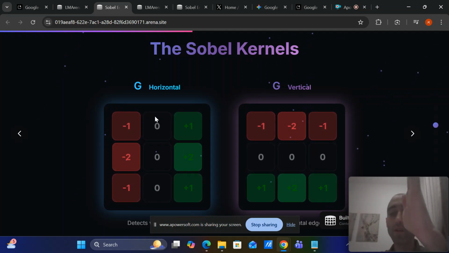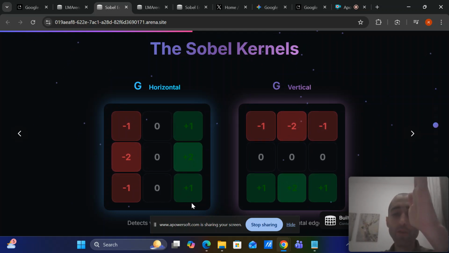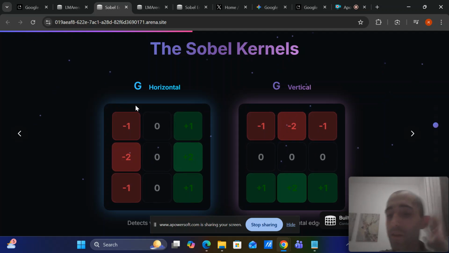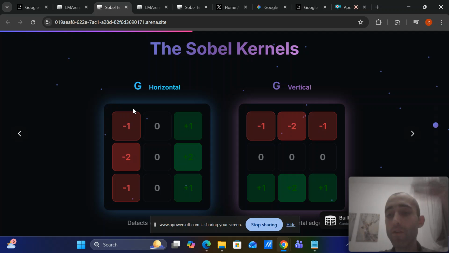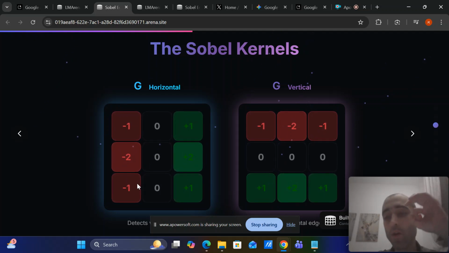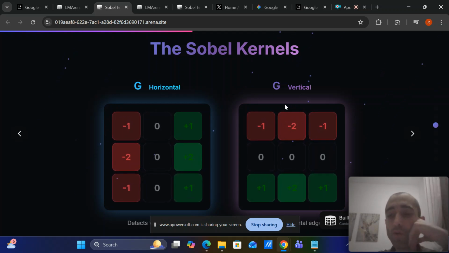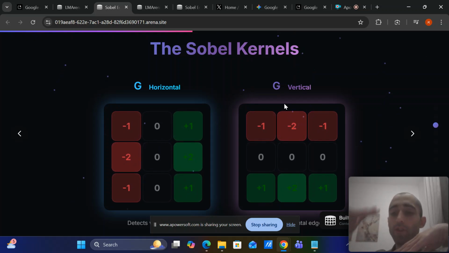namely it will find vertical edges because we try to see if to the right of the edge and to the left there is a very high change in intensity, and it will tell us that if there is very high change in intensity, there is probably an edge. This kernel, let's call it, will be the G horizontal of the central pixel. We will also try to see if there is a horizontal edge. We will see if there is high intensity change between the two sides of the horizontal edge using the